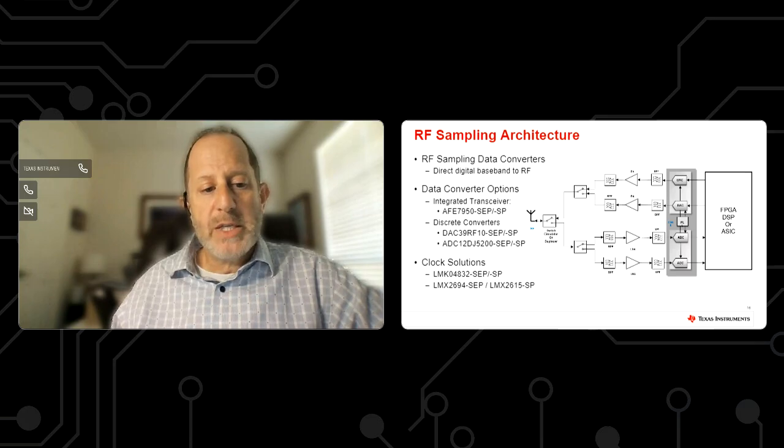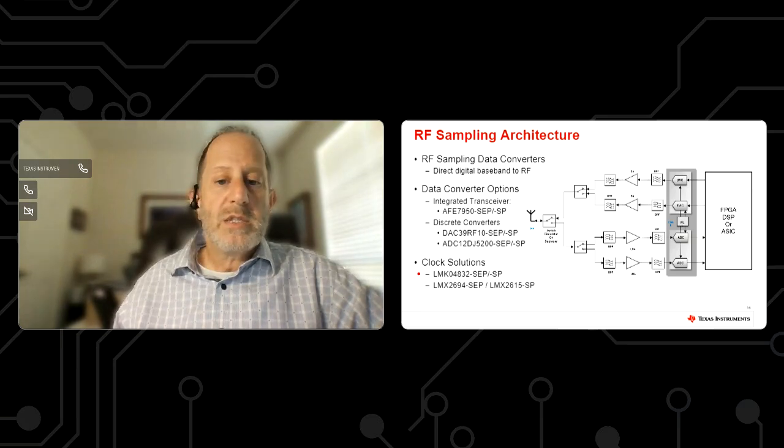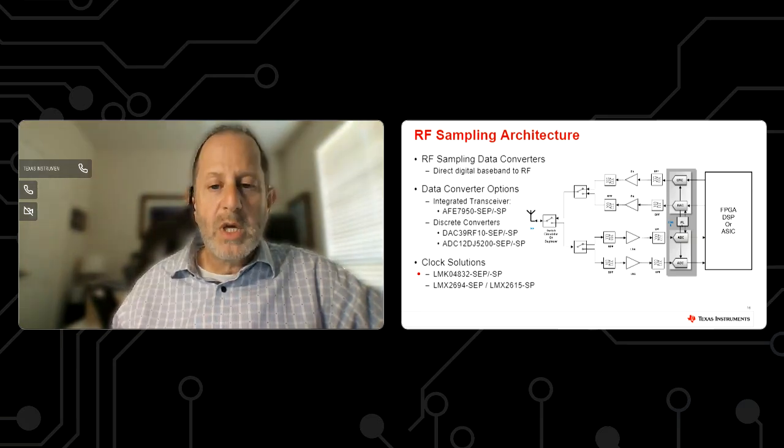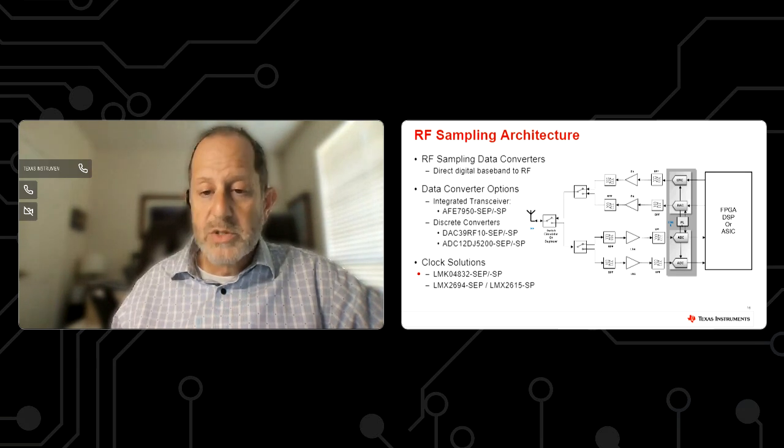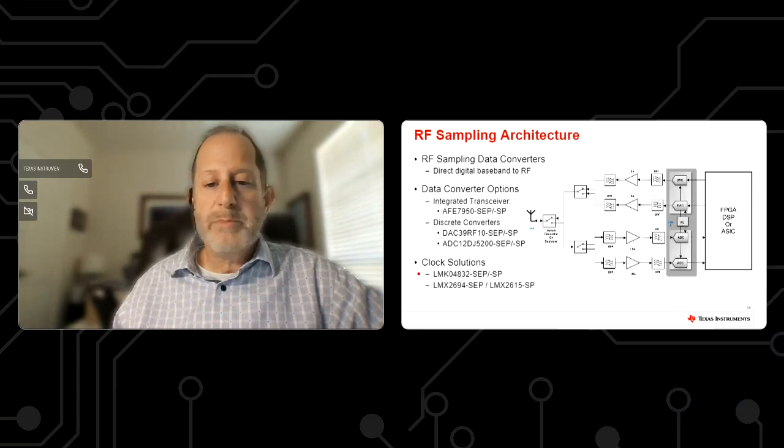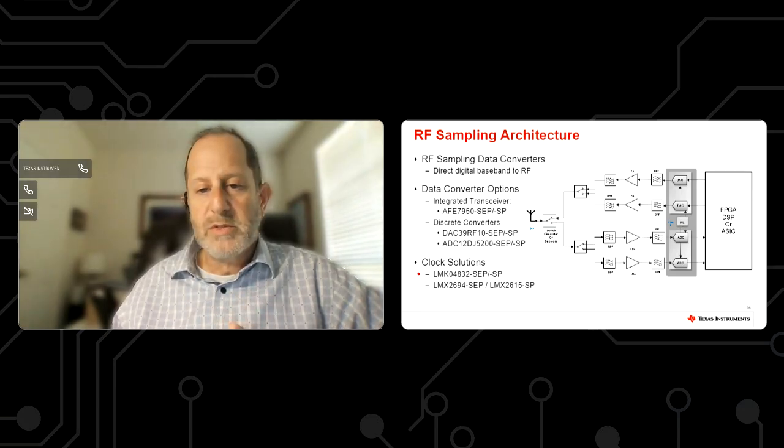And then, of course, on the clocking solution, we've got a couple of options, an LMK04832. This is a clock jitter cleaner that is also a clock distribution chip that can support all of the clock needs, the lower frequency clock needs, FPGA clocks, and SYSREF frequencies for the JESD204B protocol. It can support reference frequencies for higher frequency RF synthesizers. So a myriad of different clock outputs, all with different divide outputs and things like that.